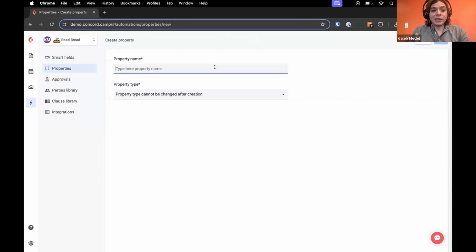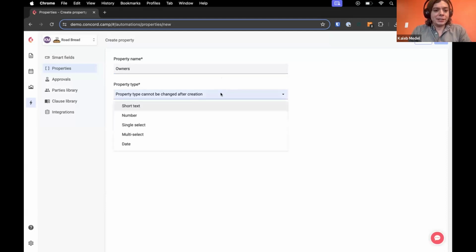For example, one of the ones that I've seen that's really common among my customers is they really like having one of their users assigned as a sort of owner to a document, someone who is going to oversee the signing process, but then also oversee the renewal process down the road, and who they can then refer to for any kind of questions about that. So in that case, say I wanted to go ahead and set that up. I'm going to set a property name for owners,